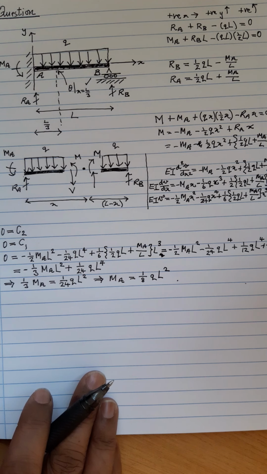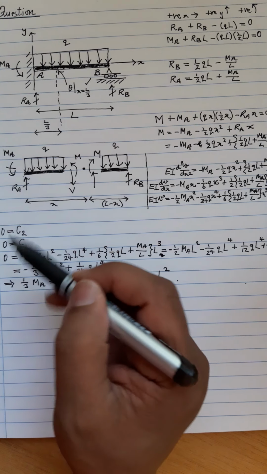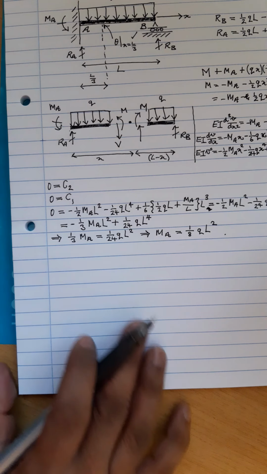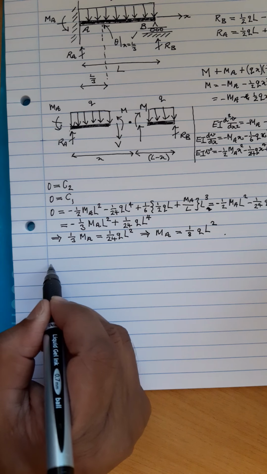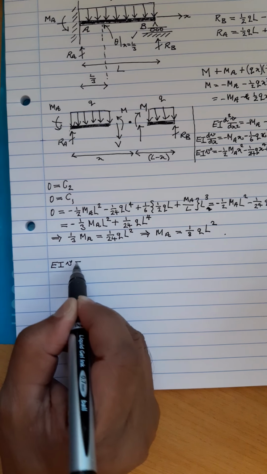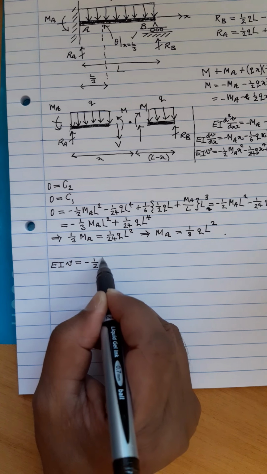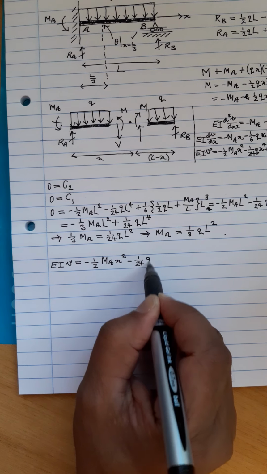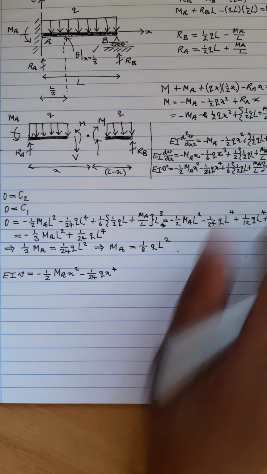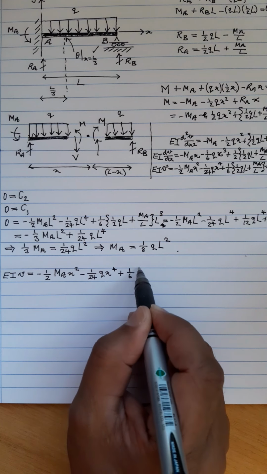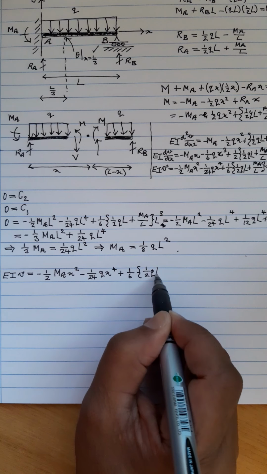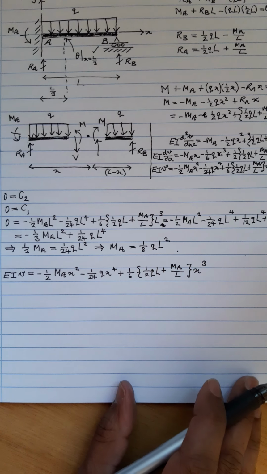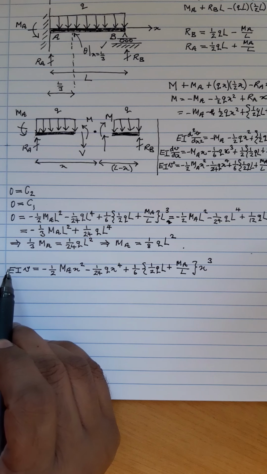Now, what else do I need to do? I've solved for the constants, so it implies that the beam deflection is going to be, my equation is EIV is equal to minus 1/2 MAX squared minus 1/24 QX to the 4th power plus 1/6 times (1/2 QL plus MA/L) x cubed. So that's the beam deflection,